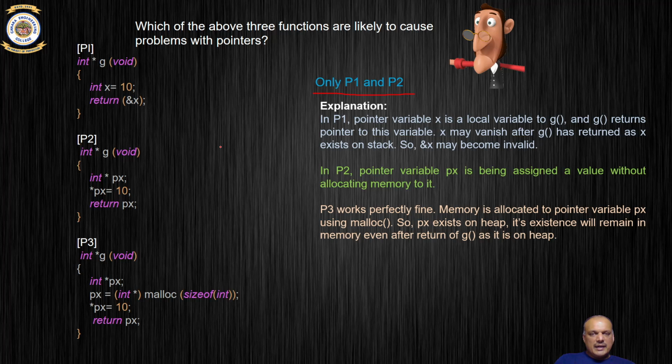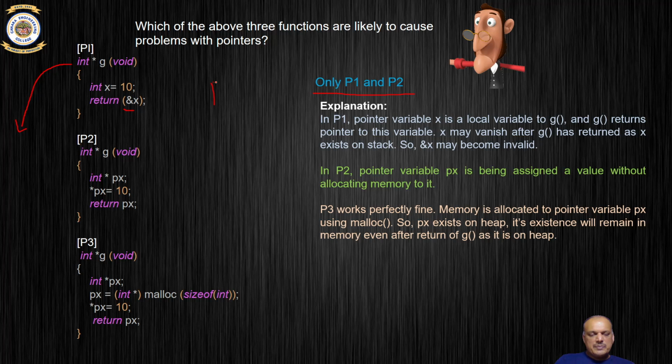They fall in a different category. Let's see what happens in p1. In p1, the variable x is a local variable. Here I say int x, initialize it to 10, and return the address of x. So the address of x is returned to the main function, but the memory space x,